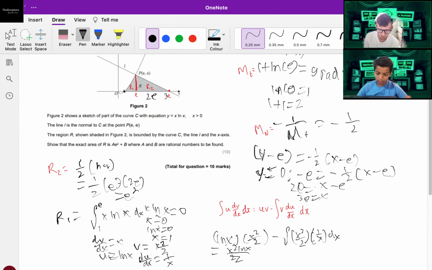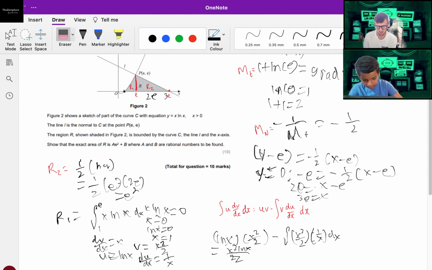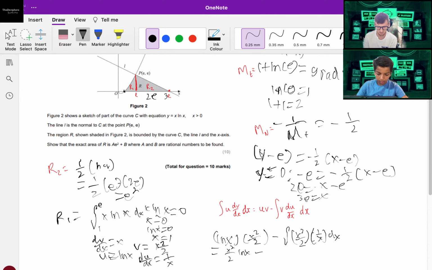Could we write it as a half of x squared ln x? It looks a bit nicer. So, and then that's x squared in 2 and then x minus